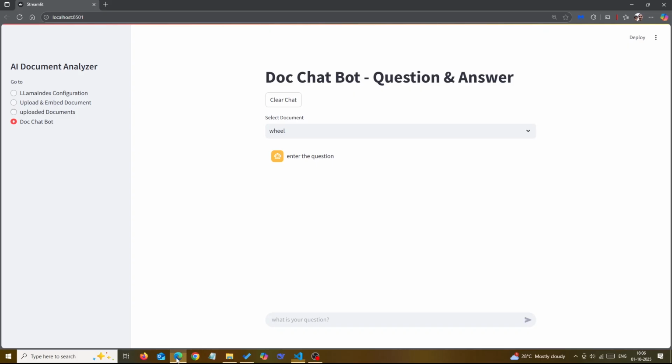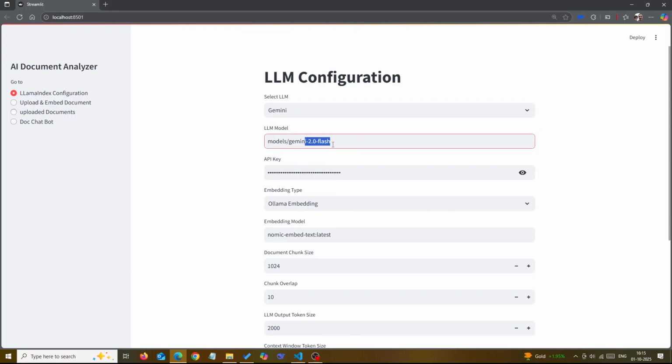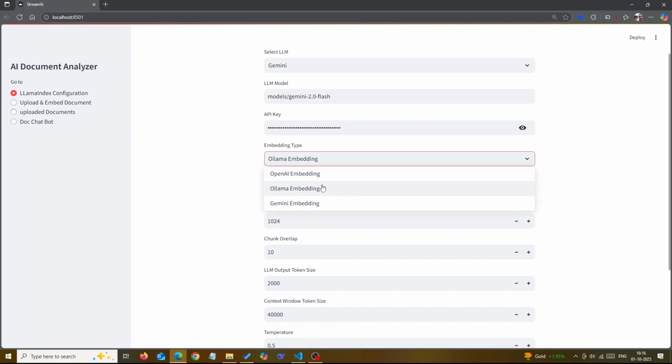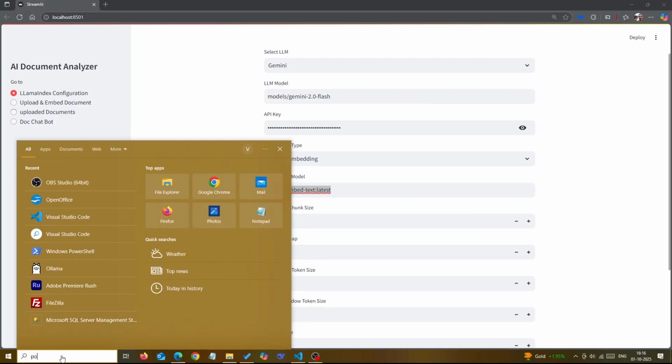Let's move to the demo part of it. Before uploading a document, I will show you what configuration is done in Gemini. In Gemini, I am using the 2.0 Flash model, and I am using Ollama embedding. The reason I am using it is that it is installed on my machine. If I can show you,